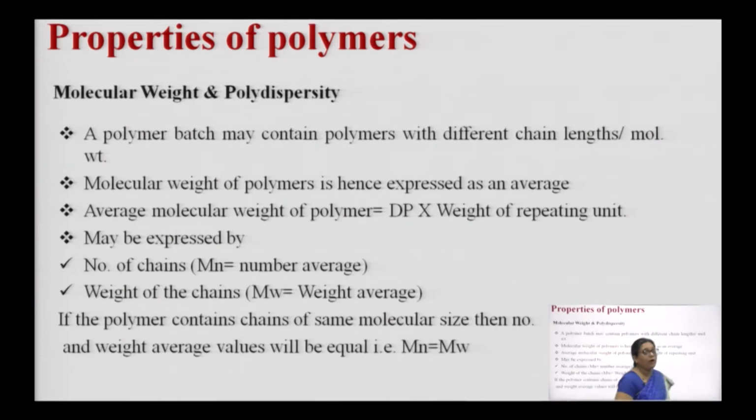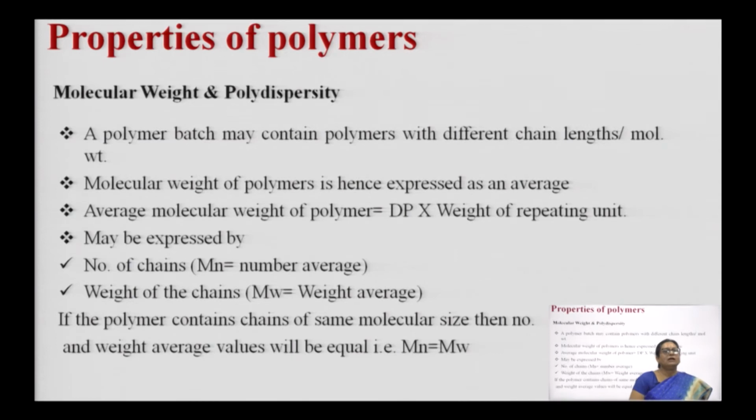Next property of polymers is the molecular weight and polydispersity, again a very important characteristic. Now, a polymer batch may contain polymers with different chain lengths or different molecular weights. This is happening because polymerization process is occurring by chain growth. So, there is no means by which we can limit this chain growth to a particular extent, although by carefully controlling the conditions of polymerization, by adding certain agents into it,